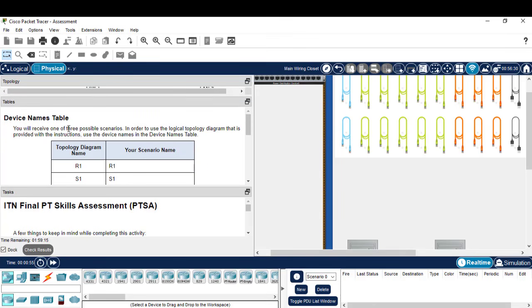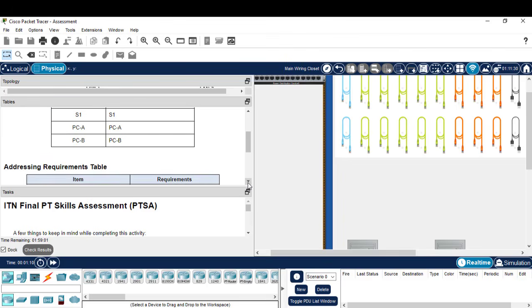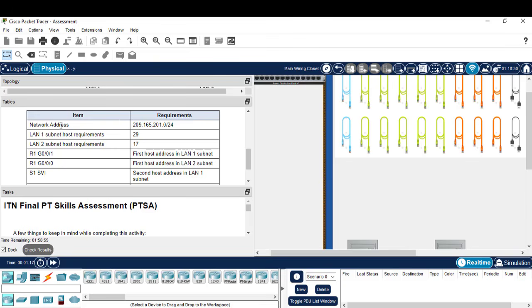You will receive one of these possible scenarios. In order to use this logical topology diagram that is provided with the instruction, use the device name in the table below, the topology diagram name and your scenario name. Okay, and the addressing requirements are here. The network address is this one. LAN 1 has 29 computers or host devices, and LAN 2 has 17